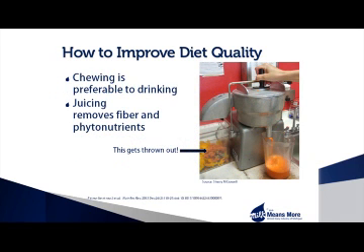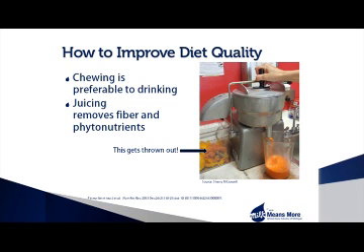Juicing, running fruits and vegetables through a machine to extract the juice, is popular. The juicing process discards leftover pulp that is rich in fiber and phytonutrients. Most Americans don't consume the recommended 25 grams of dietary fiber daily, which is why it is one of the 4 nutrients of concern cited in the dietary guidelines.